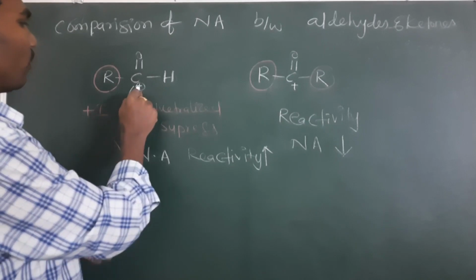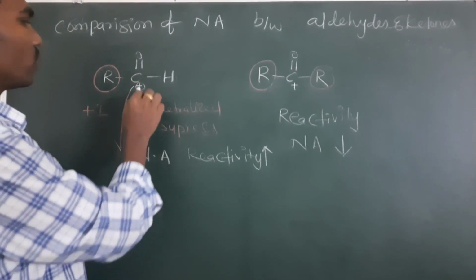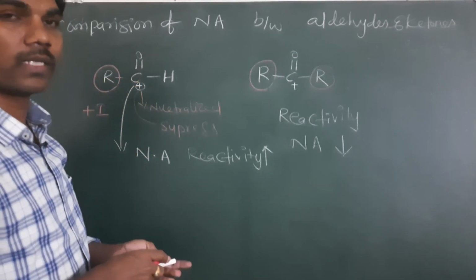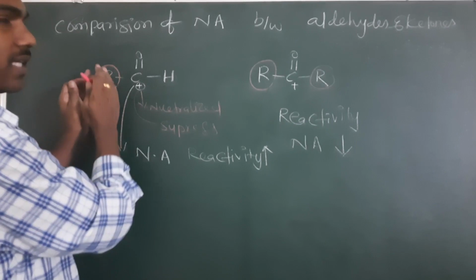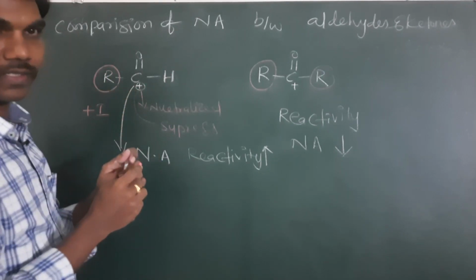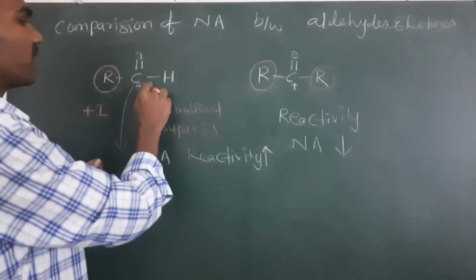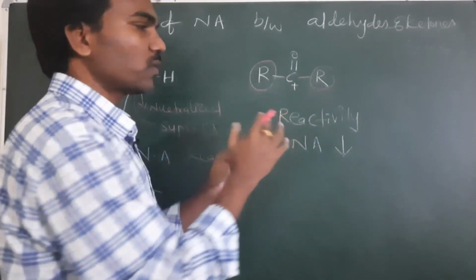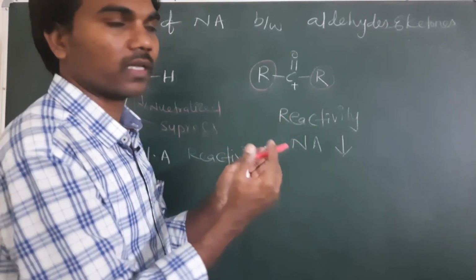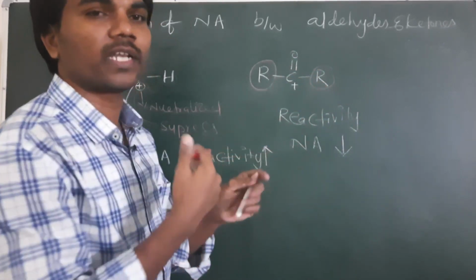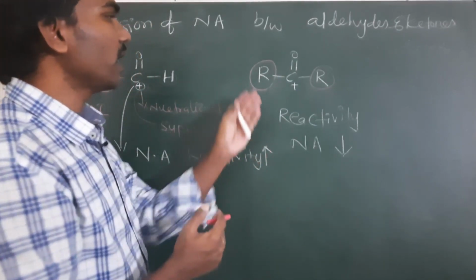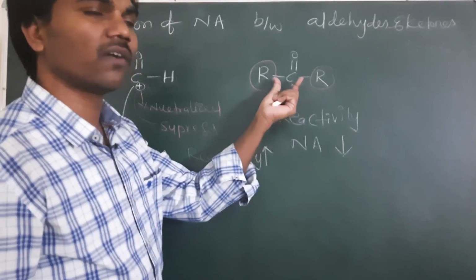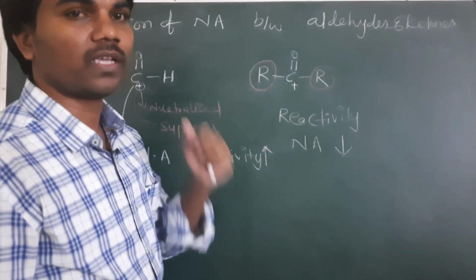When the nucleophile is going to attack or react with this carbocation, here one side has a crowded surface area and one side has a free surface area, so the nucleophile can attack from this direction. When you go for ketone, bulky groups are there on both sides. When bulky groups are there, attacking of the nucleophile will be a little bit difficult. Comparing with aldehyde, ketones have some crowded surface area. Because of that reason also, reactivity of ketones will be less comparing with aldehydes.